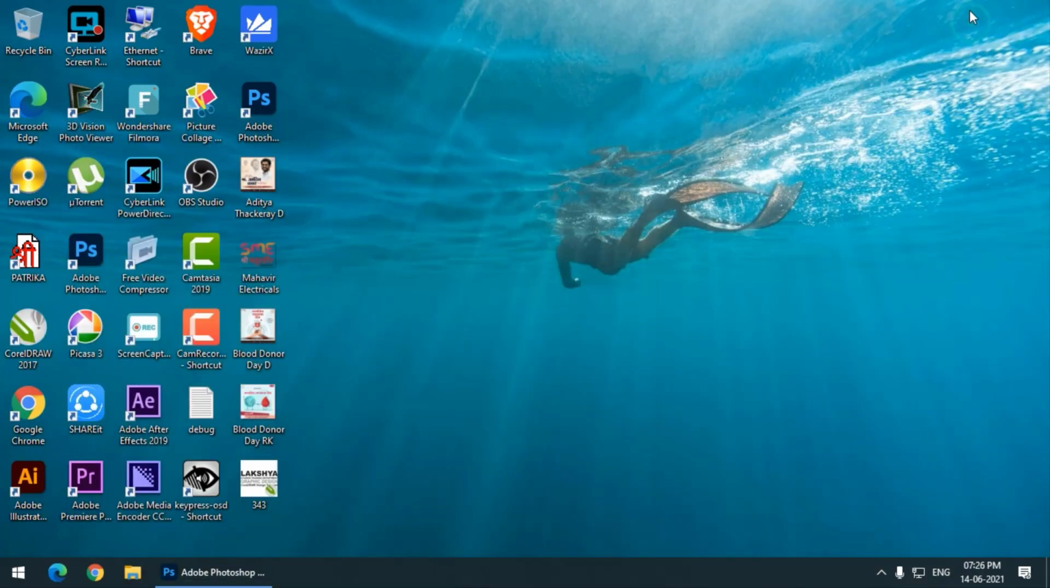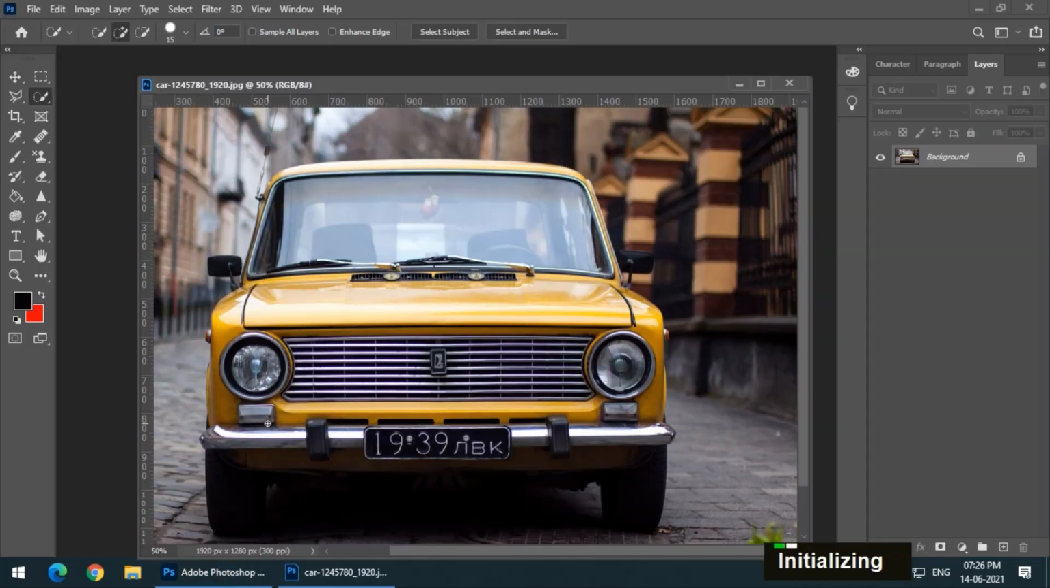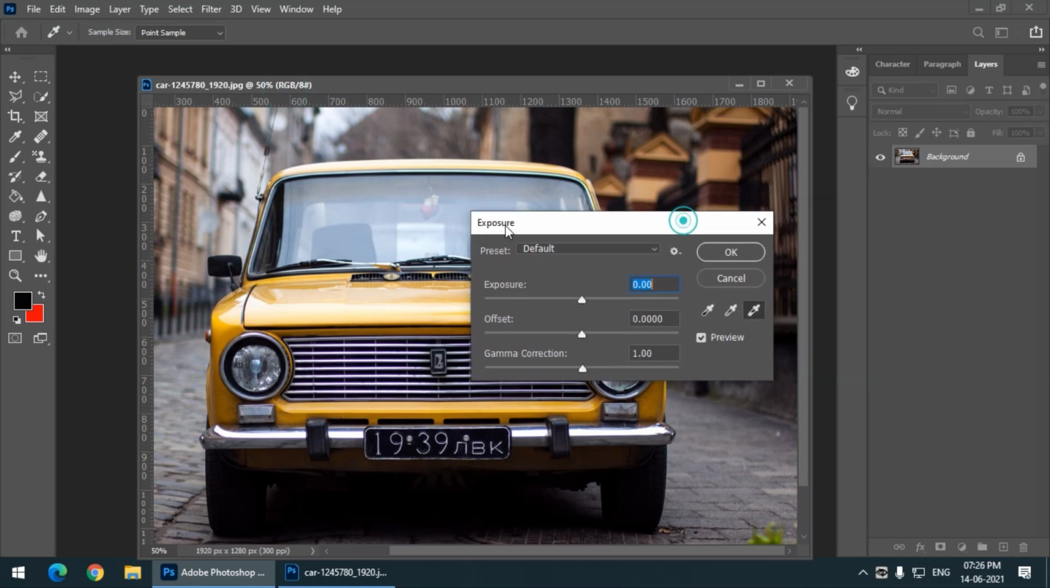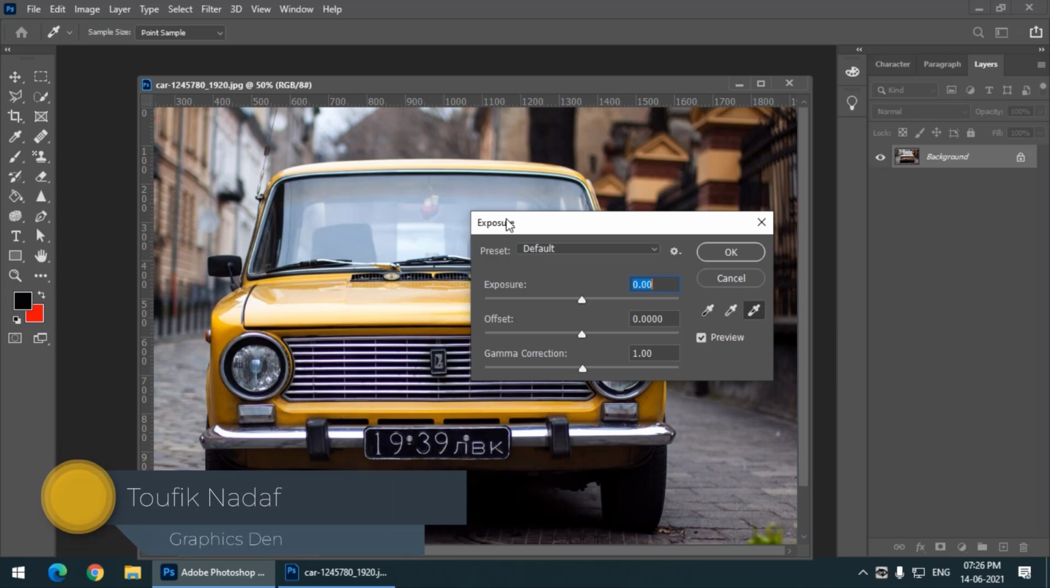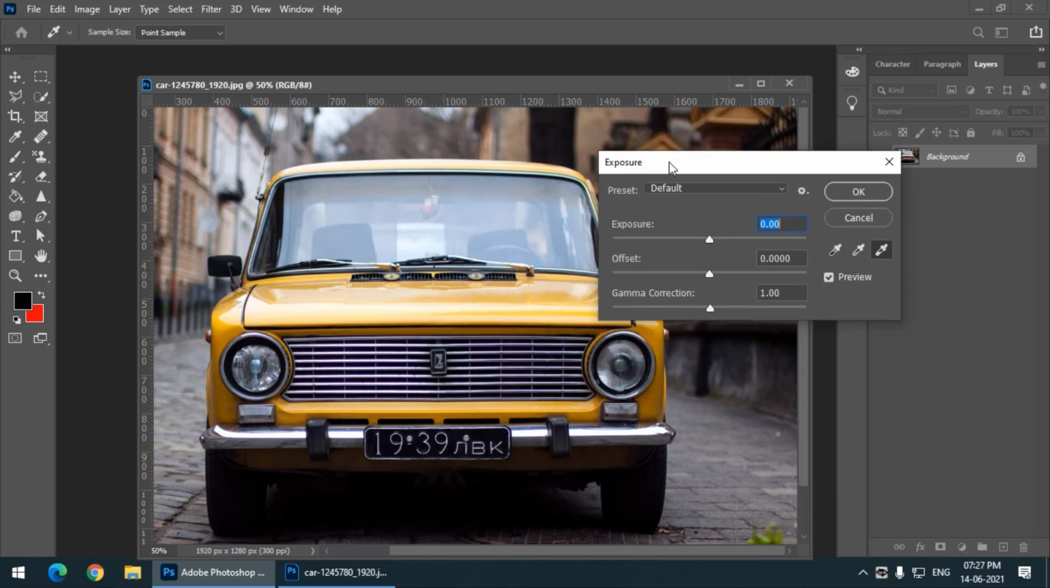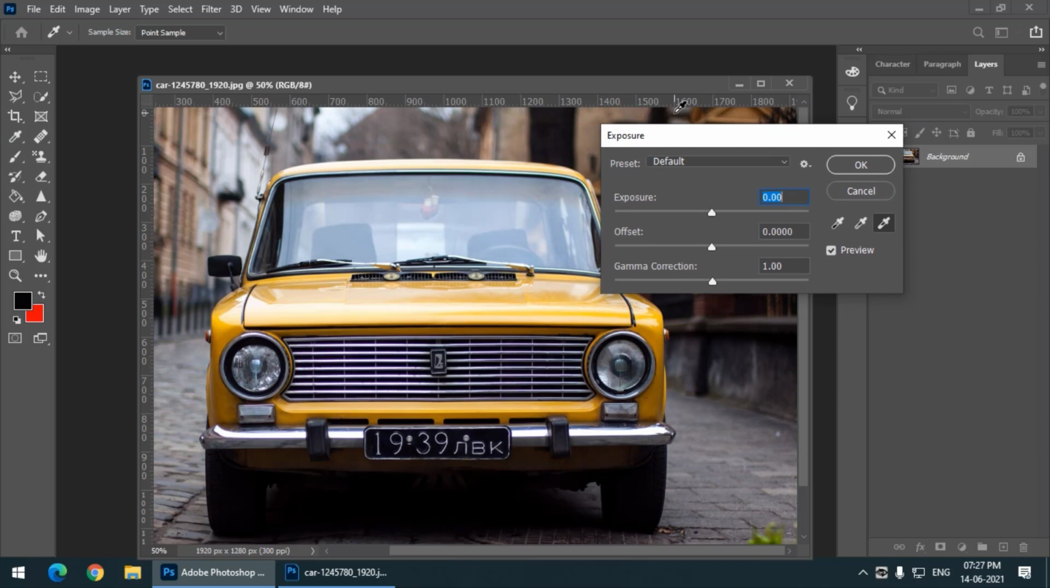So again today we are going to continue with our Photoshop classes, and in this video we will explore some more adjustments. To begin with, we will go with the exposure option. Exposure is pretty much similar to levels and curves. We basically have three tones in each of the color shades: highlights, midtones, and shadows. Pretty much similar to levels and curves, this also helps us in increasing or decreasing the